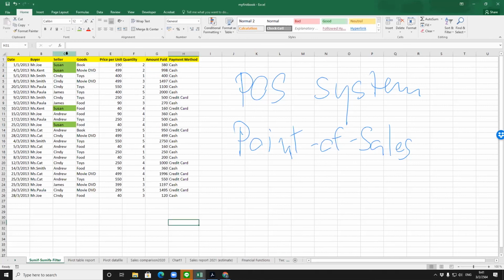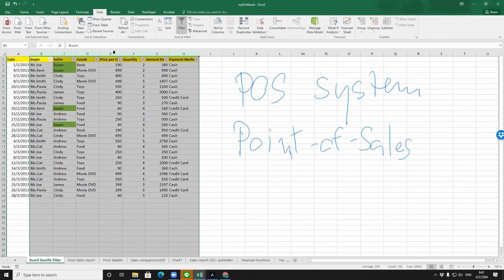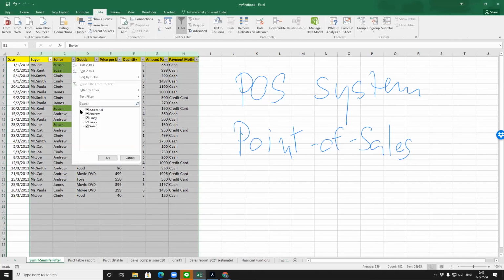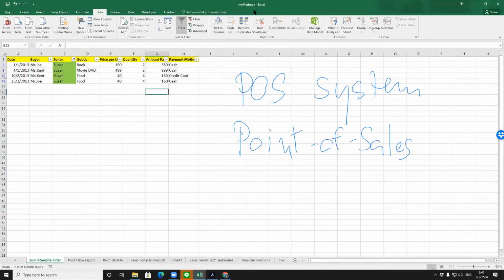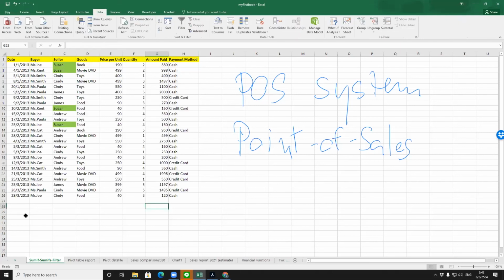Somebody made it easier. They may filter the data first and see Susan, and after that they just sum them up. This might be the way that somebody does it. This is how much Susan purchased from us, but we have an easier way. Sometimes we don't want to filter and do it like this because it wastes a lot of time. We will use the function that we call